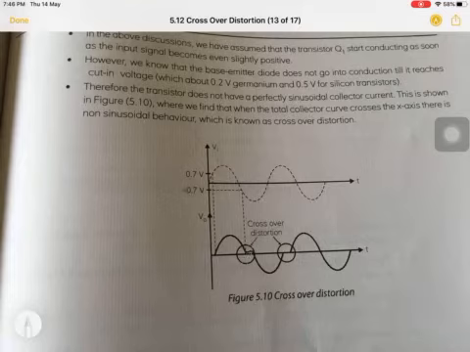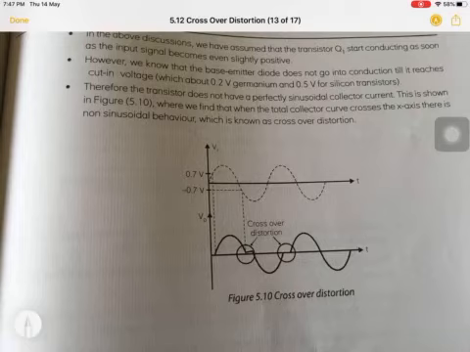Similarly, for the next half cycle, until and unless we get a different 0.7 volt source from a biasing supply mainly, it doesn't start. So we get this type of 0.7, that is total 1.4 volt no output region whenever it crosses the origin. So this region is known as crossover distortion. It means whenever a waveform crosses from positive to negative or negative to positive, there is deformity in the output of the waveform.